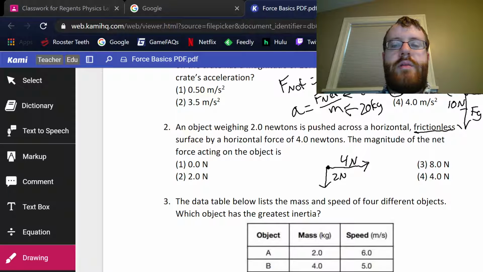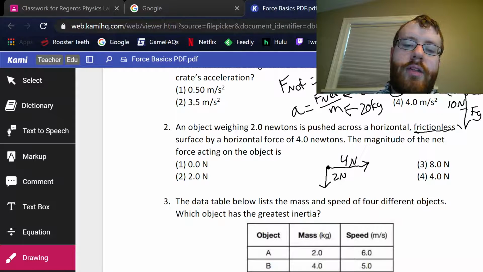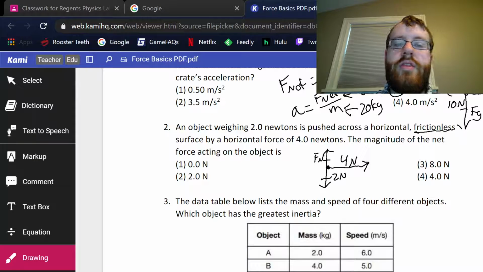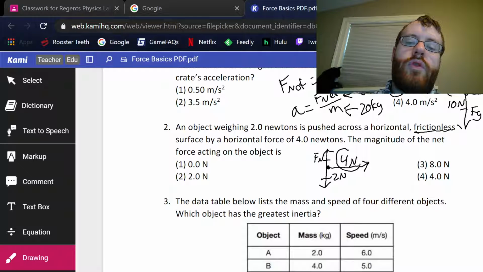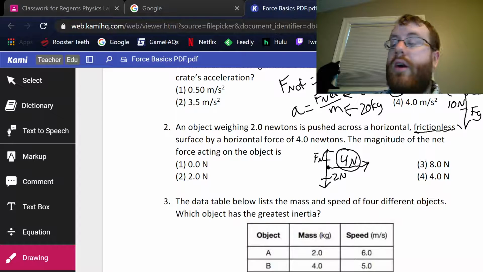Now, your first instinct may be to add these up together, but you can see that's not even a choice here, so that doesn't work. Your next instinct may be to do a squared plus b squared equals c squared, but again, that's not a choice here. And the reason why is because there's one more force on here, and that's a force going up by the normal force. And I know that these forces are equal to each other because we're on a surface. So the fact that we're on a surface means that these two are canceling each other out. The fact that it's a horizontal surface means they're opposing each other, which means really the one force and the only force that matters here is our